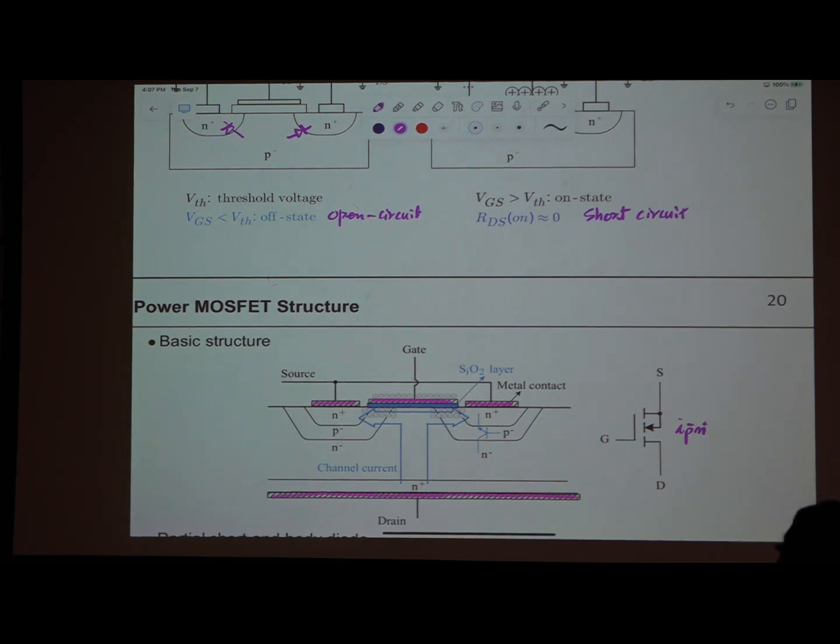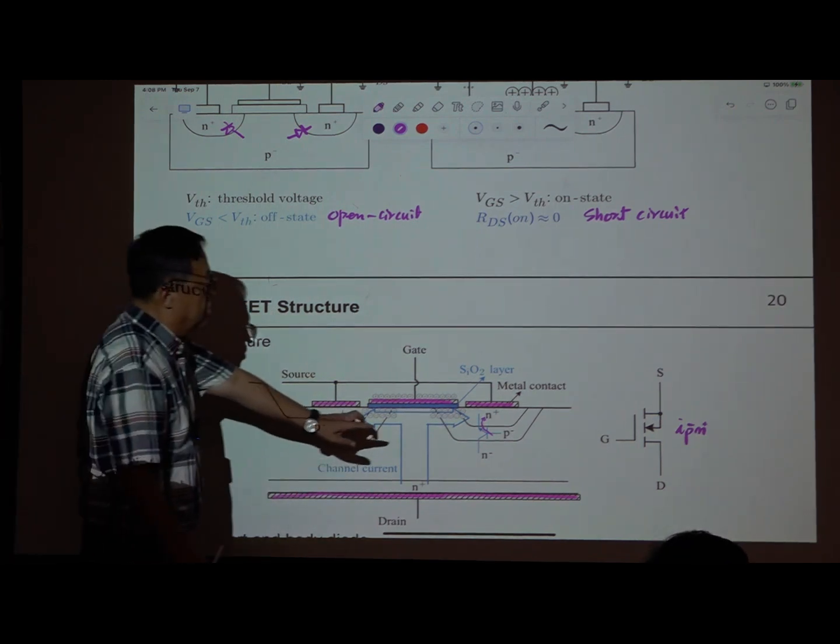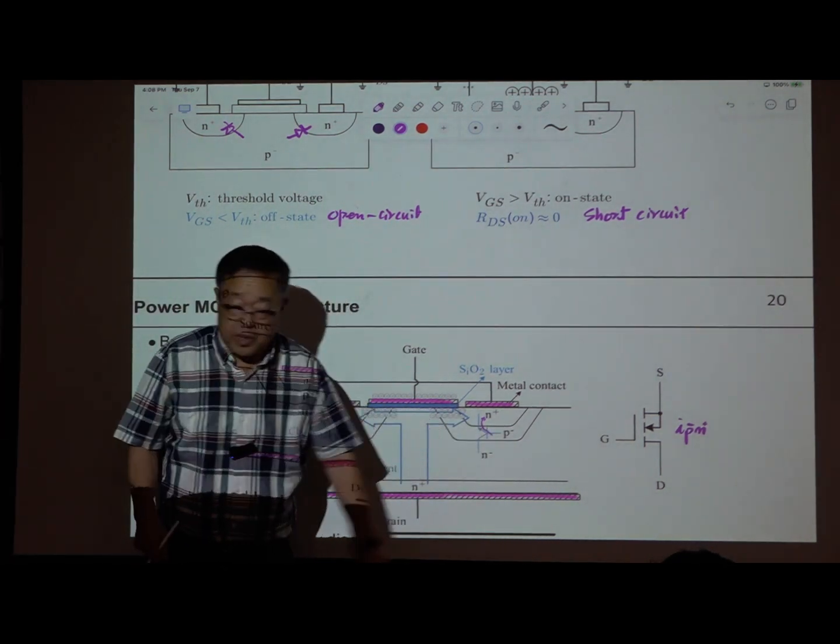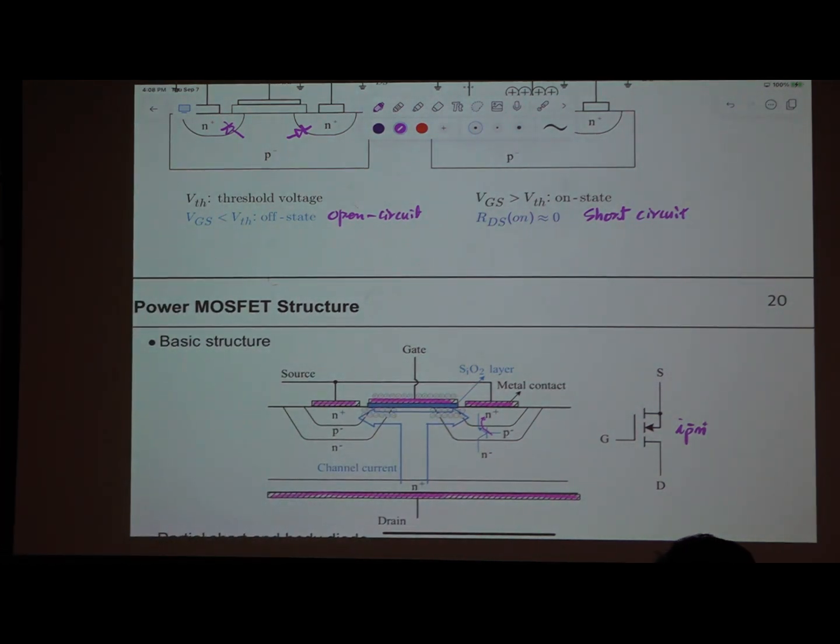So that current is this one, this current, right? So this current will turn on this junction, okay? Because for the current here, this parasitic current, there is some effective capacitance, the sum of the dielectric capacitance and junction capacitance,